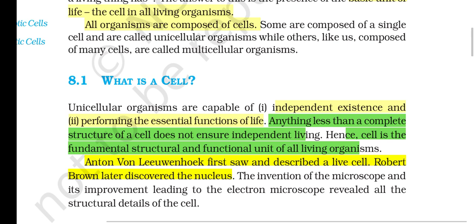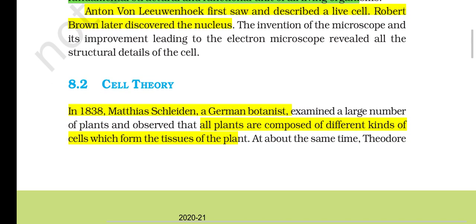Anton von Leeuwenhoek first saw and described a live cell. Robert Brown later discovered the nucleus. The invention of the microscope and its improvement leading to the electron microscope revealed all the structural details of the cell. 8.2 Cell Theory. In 1838, Matthias Schleiden, a German botanist, examined a large number of plants and observed that